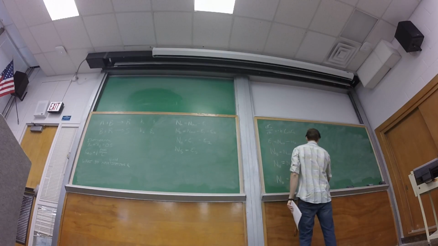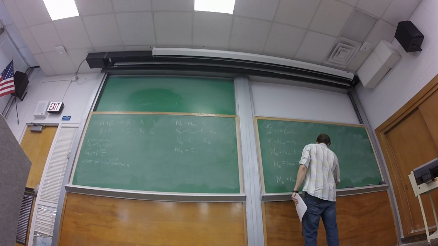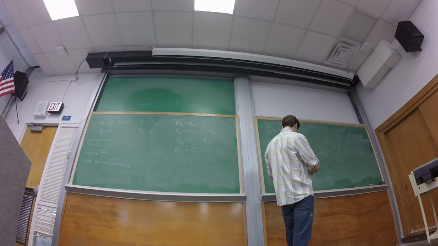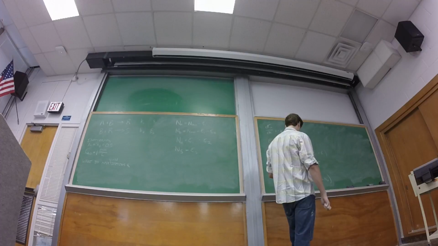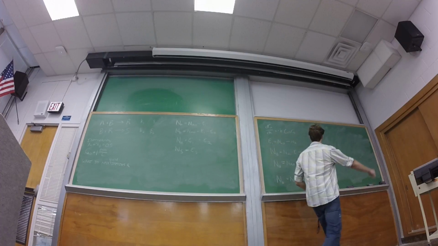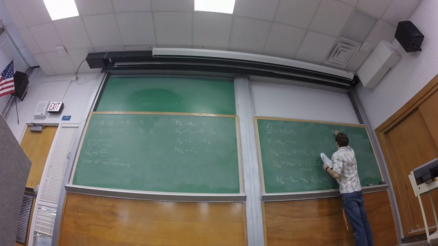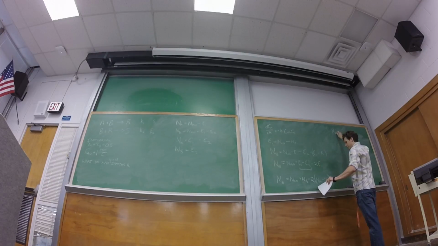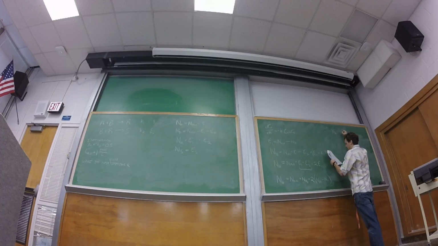So you can put this in terms of NA naught and NA. So you have minus 2 NA, or NA naught. So NB now becomes NA naught